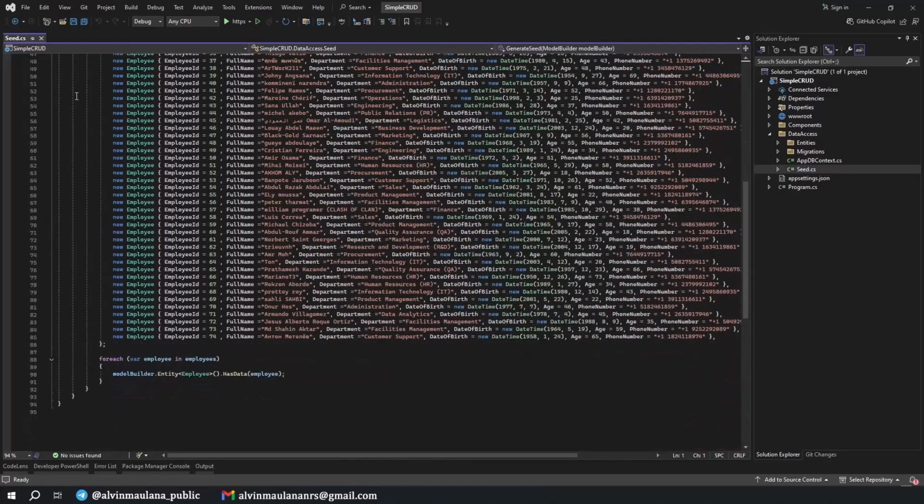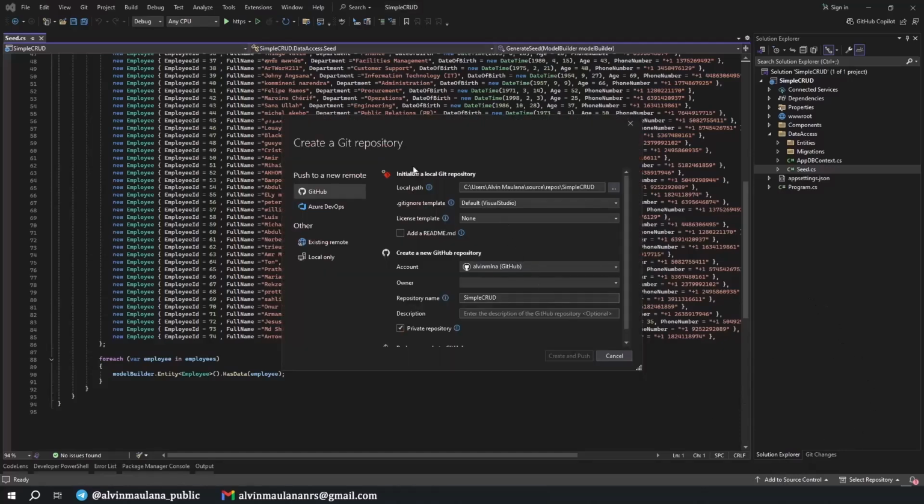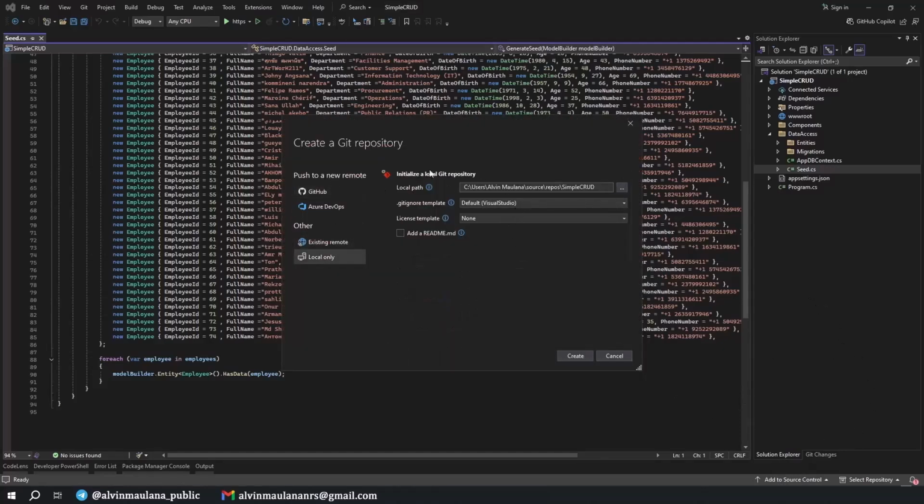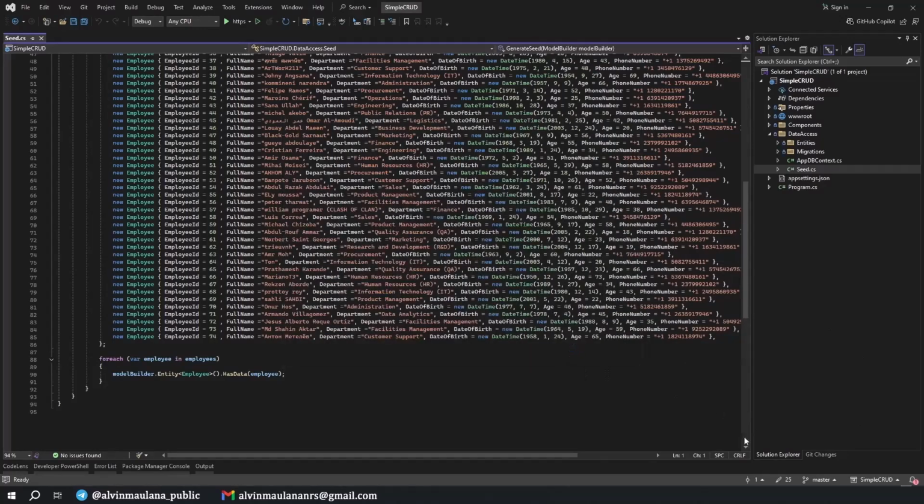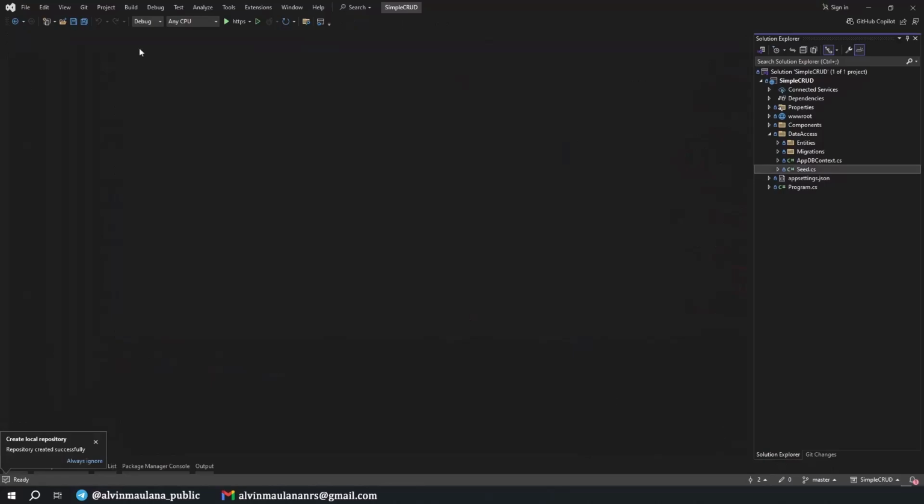And the next thing we will do in this part is integrating with MudBlazor. But first, let's add source control here. I'm using Git for this. Okay, local only is fine. And then create. So by this, I have a checkpoint of what I did in the previous part. Okay, nice. I can close it.